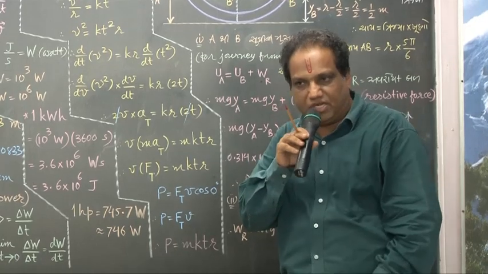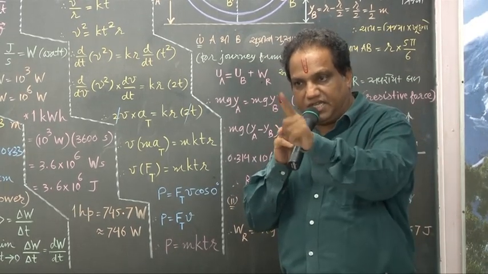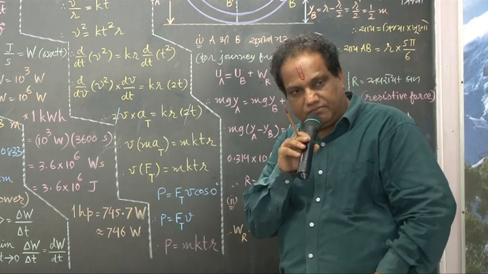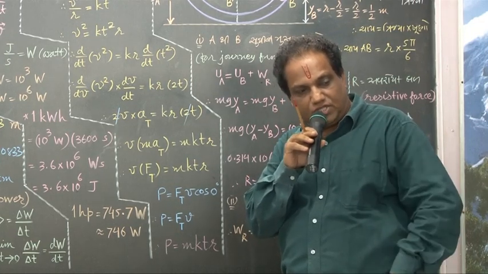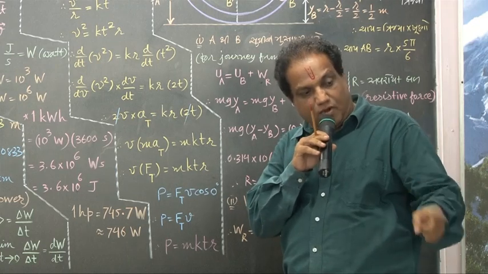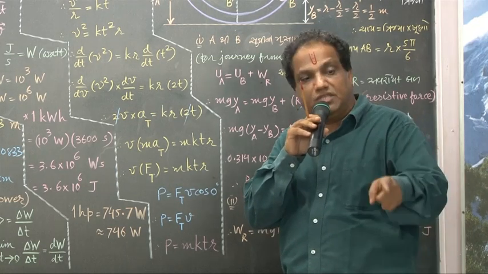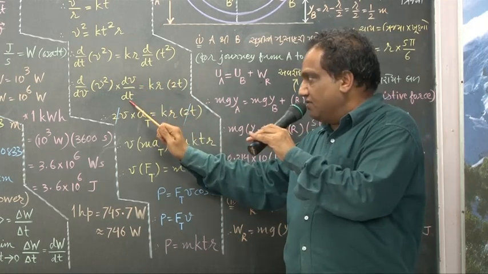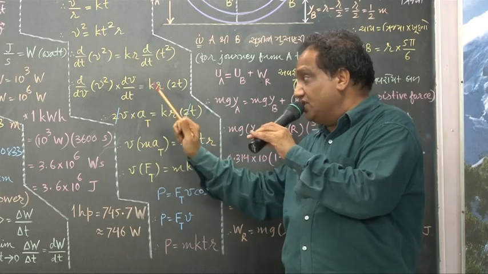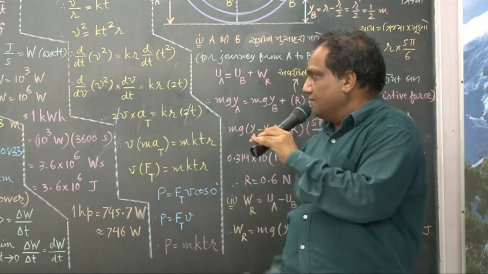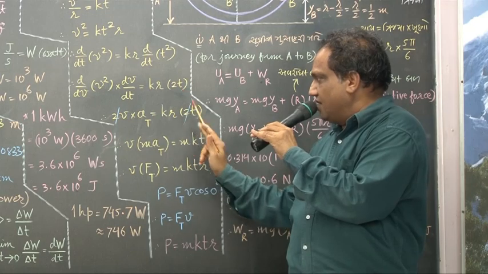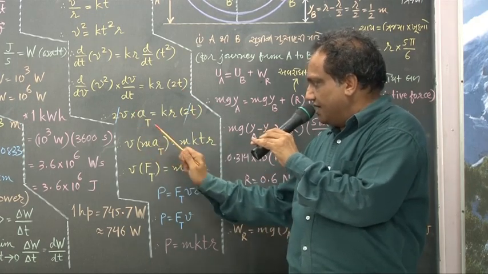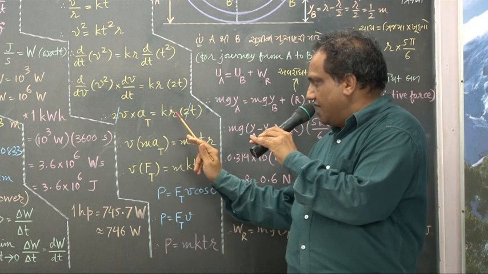There are two components of acceleration, one is radial, one is tangential. What is the job of radial acceleration? To change the direction of velocity. And the job of the tangential component? To change the magnitude. So right now this is the magnitude. Time rate of change of magnitude of velocity will give you tangential acceleration. And k r as it is, 2t as it is. Now 2 and 2 will cancel, v as it is, a t as it is, then k r t.